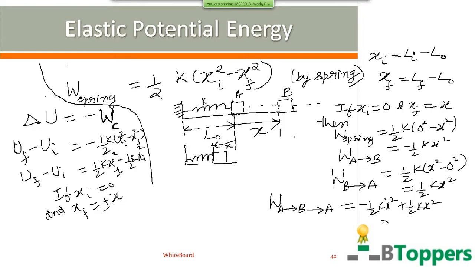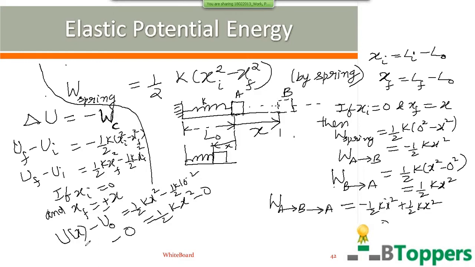But xf square will be positive. Then potential energy in the final position minus potential energy when x is 0 equals half kx square minus half k 0 square. We assume that the elastic potential energy stored in the spring to be 0 when x is 0. That means when the spring has natural length, elastic potential energy stored in the spring is